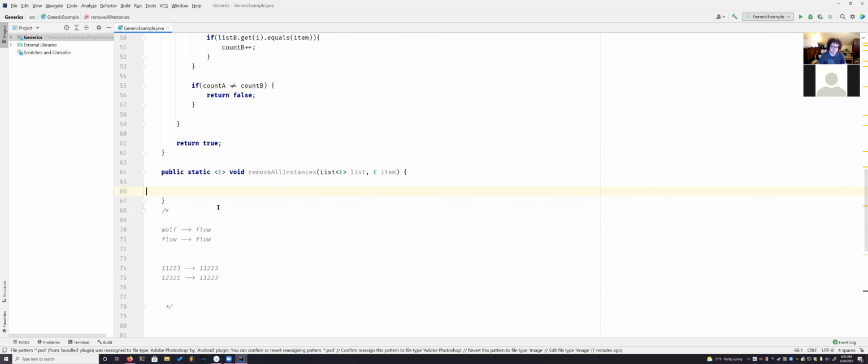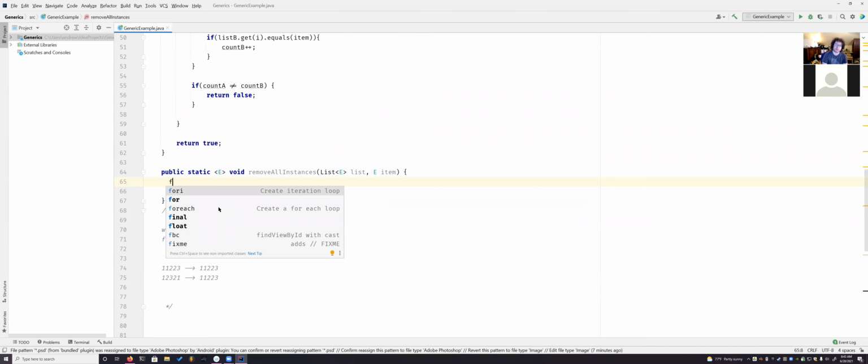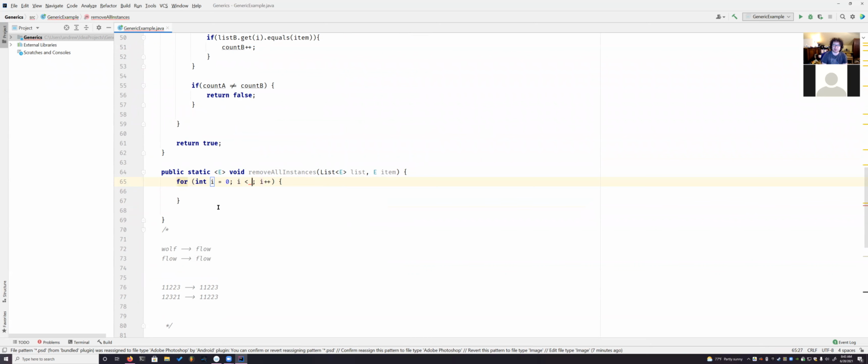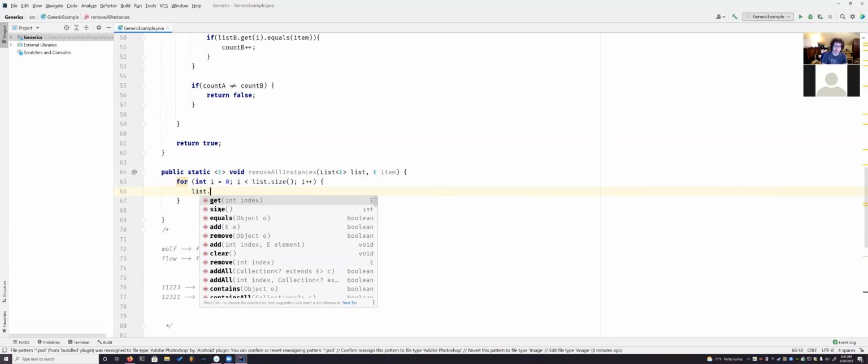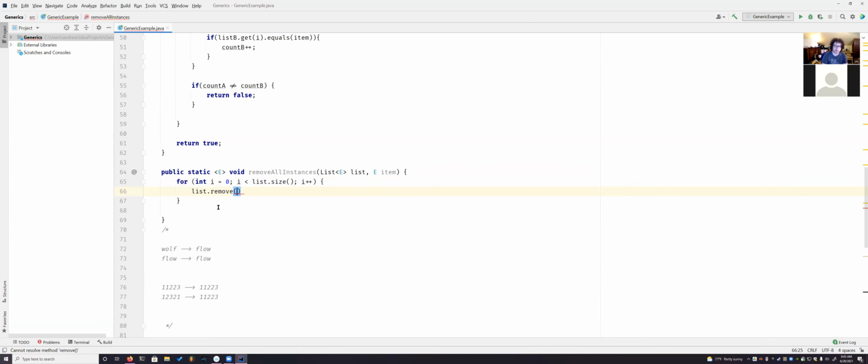Okay. And this is the way that I see that you probably program. If you've tackled this one yet, this is the way you've probably tackled it so far. And if you haven't yet, this is the way you would most likely tackle it, which is you say, okay, for each index in the list. So for int i equals 0, i less than list.size. So what I'm going to do is say list.remove,